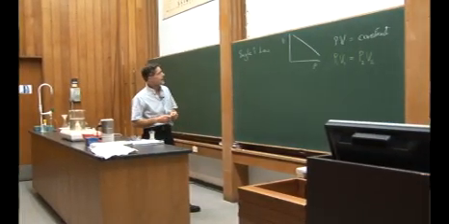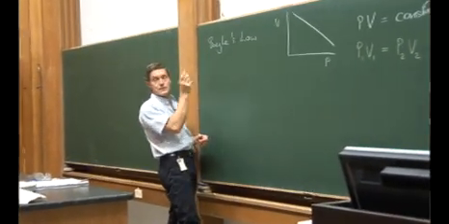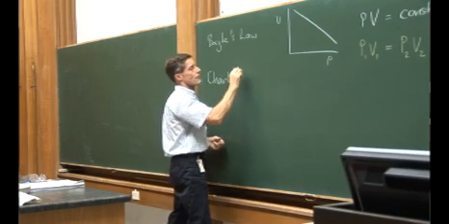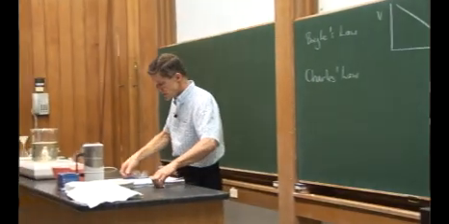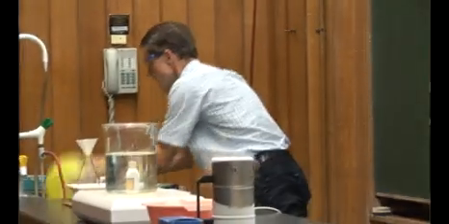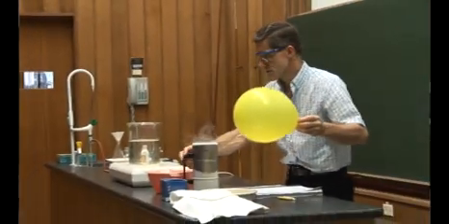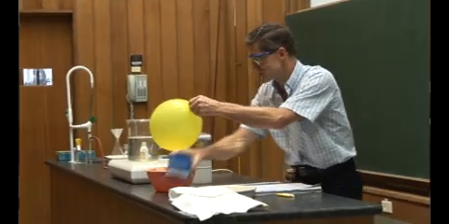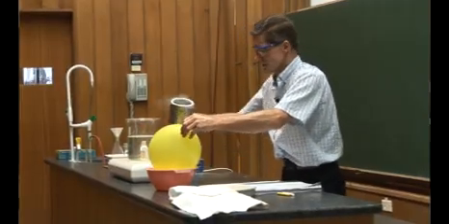Now, one of the other players in this was someone called Charles, a Frenchman. That was his surname. And what Charles found out was that temperature and volume were related to one another. And if I take, for example, my balloon, I can see that actually I haven't really done my size calculation very carefully here. And what I want to do is try and cool down the gas in the balloon,